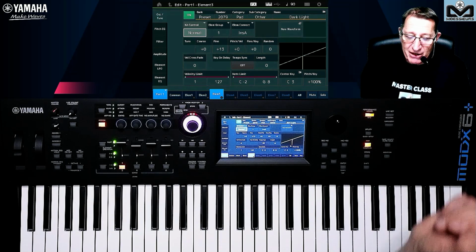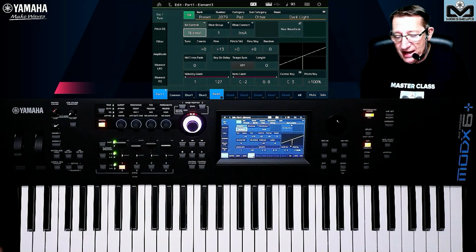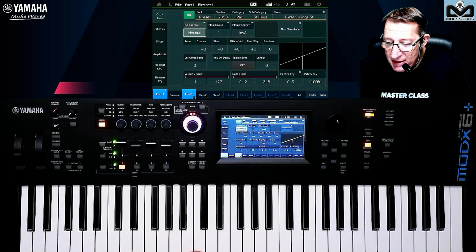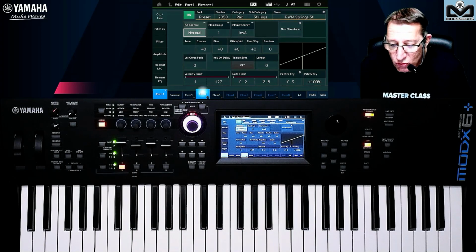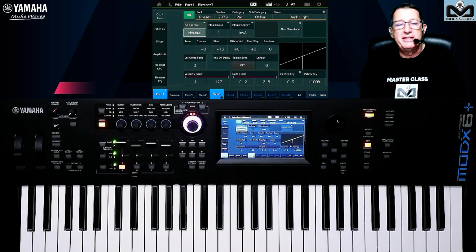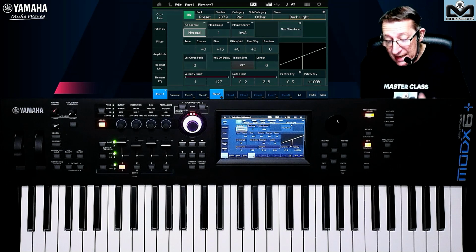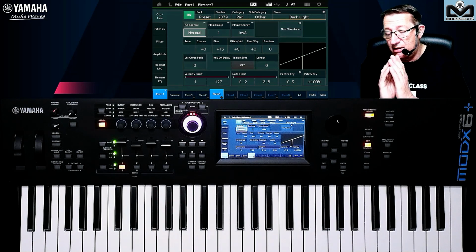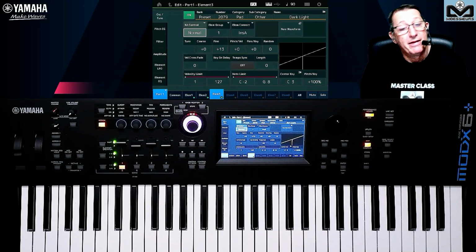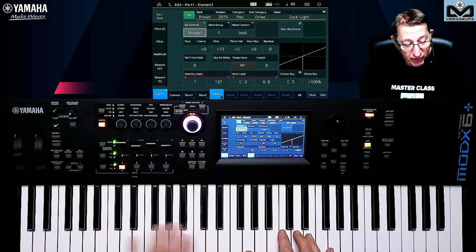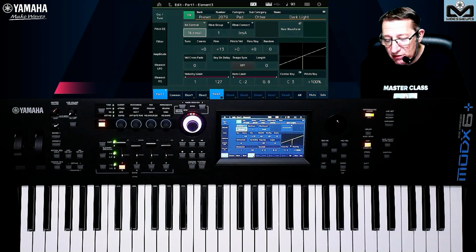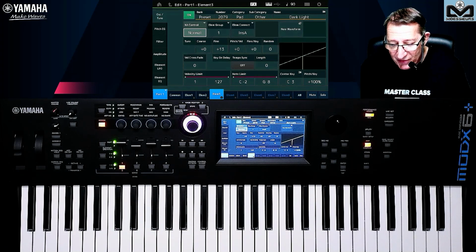Let's go for the XA control today, and what we can do with them. So I keep my idea with my example of the PWM string. On element 2, I put the CS80 brass, on element 3 another sound, the Dark Light. So they are in layer, all in the same velocity limit, or in the same note range for note limit. So I have a huge sound here. Each note I play, 4 notes of polyphony for 3 elements, so 12 notes actually in the count of the polyphony. Check the first video about this.